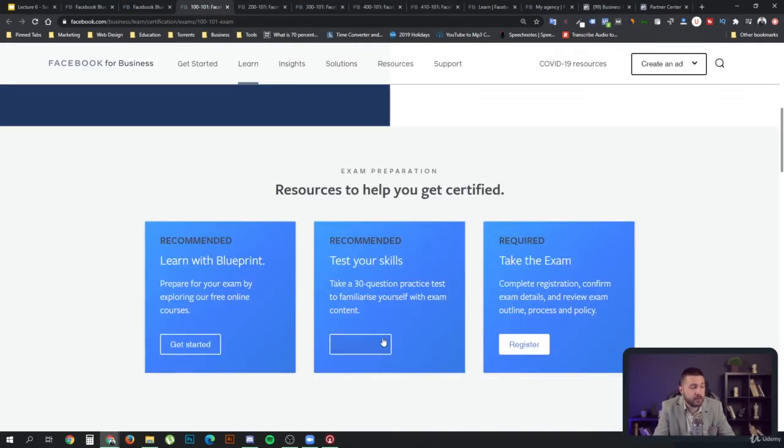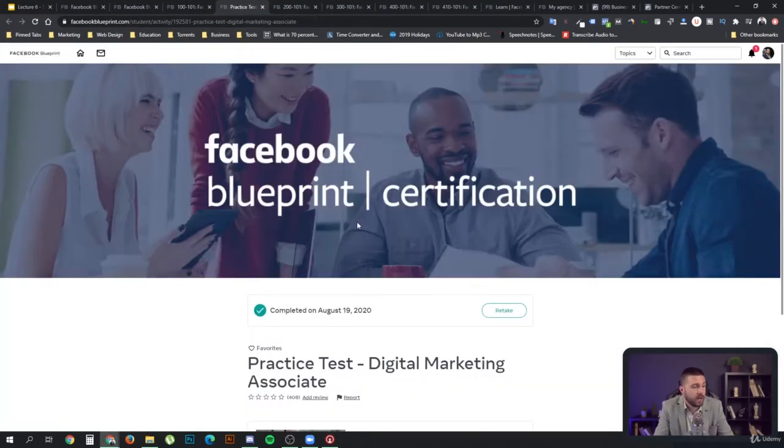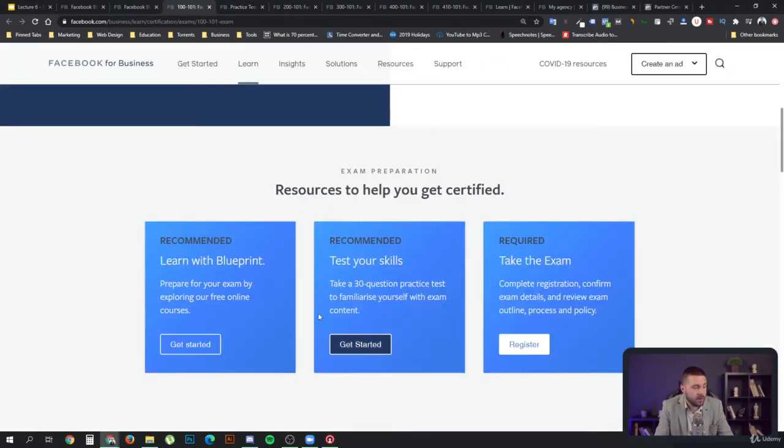And before you pay for the test, there is a recommendation from Facebook, and I actually do recommend you do that, that you take the 30-question practice test to familiarize yourself with the exam content. Right, so the way you do that is you just go and take it over here. I've obviously completed that already, so I can't show you how to take it again, but you can take that